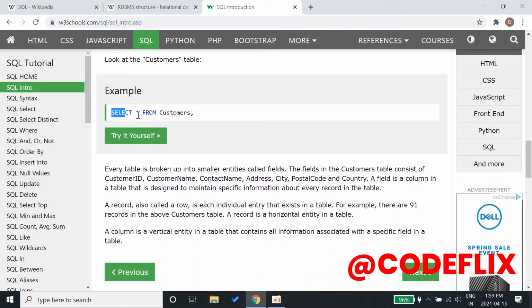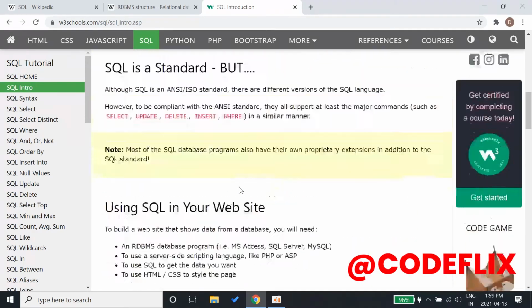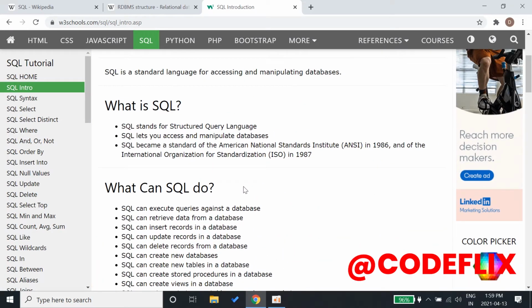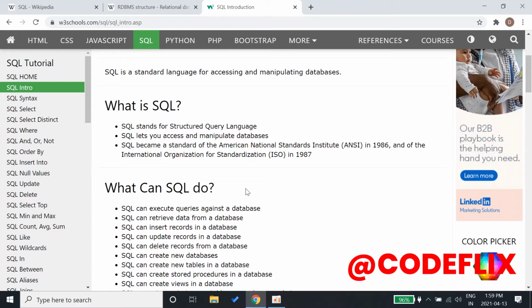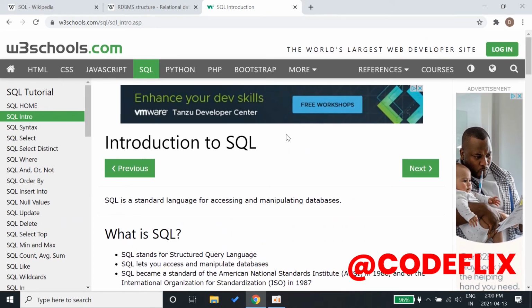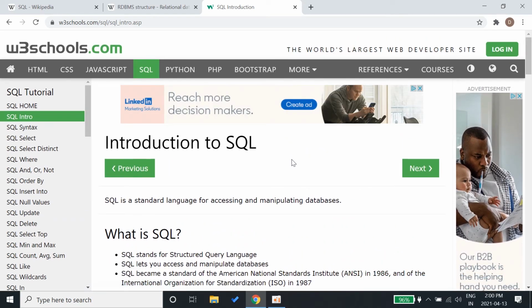And here's a basic example. Select star, which gets all the customers from the customer table. So that pretty much is SQL, and you can think of it like a big warehouse which consists of a lot of tables in the form of data tables, and SQL goes into that warehouse and brings out the data which we need, or updates the data which we want it to. So that pretty much is SQL, and from the next video we will see how to implement these things in SQL.